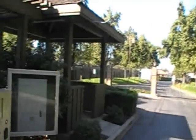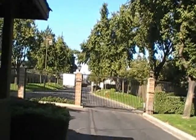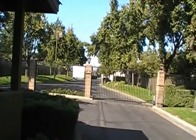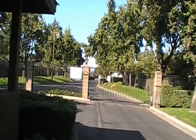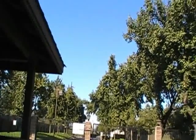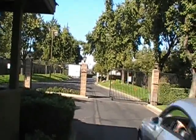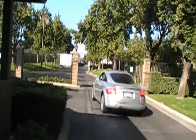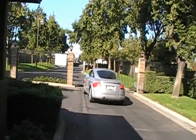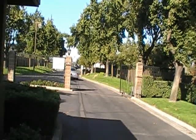We have a system here for visitors to contact us to get in. And here's how the gate works. We have somebody wanting in right now. Thank you. We had one of our visitors come along just as we needed to get through the gate. So we're going to shut it off for now and get inside and give you a tour of the grounds